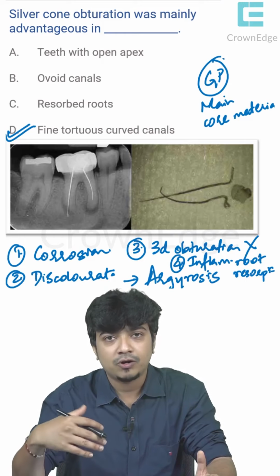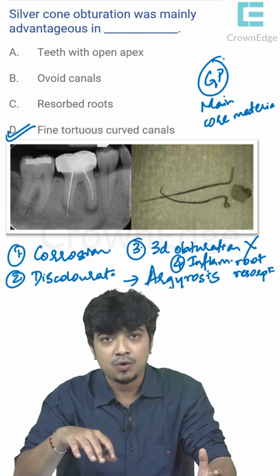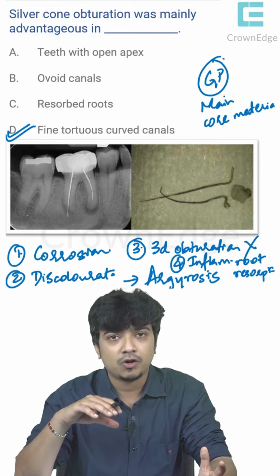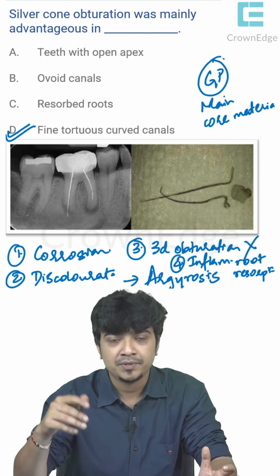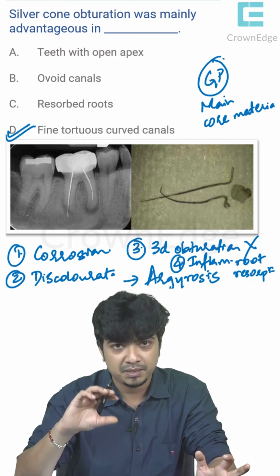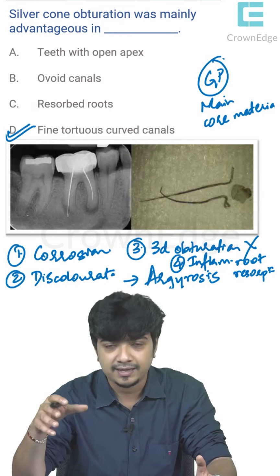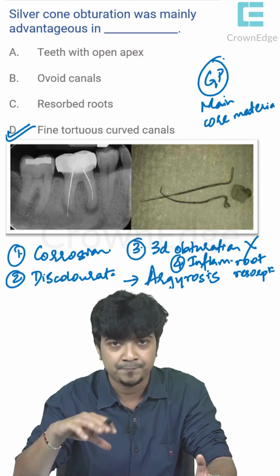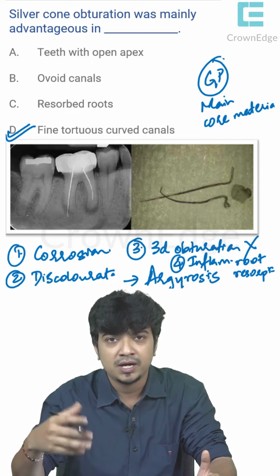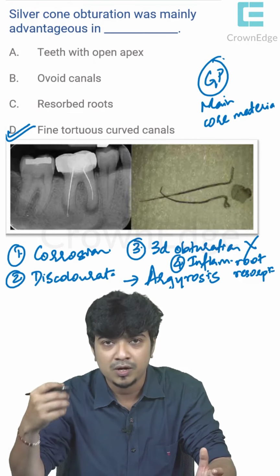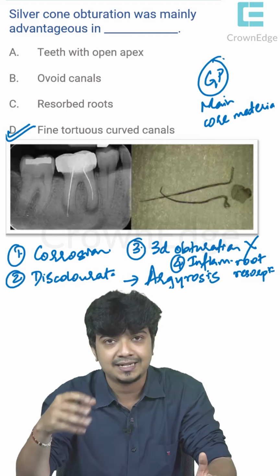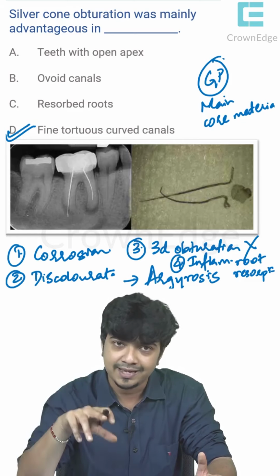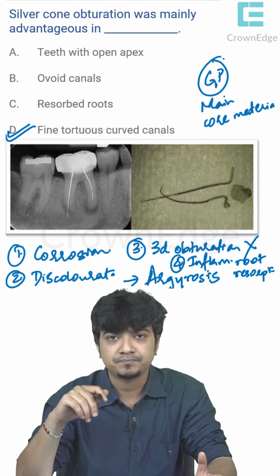Another drawback or limitation of using silver cones is that now many cases are turning up in the clinics with silver cone obturations which have been done many years ago. For post space preparation, we need to retreat the entire canal because you cannot make a post space with the silver cone staying in the apical third only. When you drill through the silver points, it's going to generate a lot of friction and it is going to make the silver point come out of the root canal. That is the reason why we will have to retreat the entire canal with gutta percha and then go ahead with post space preparation.